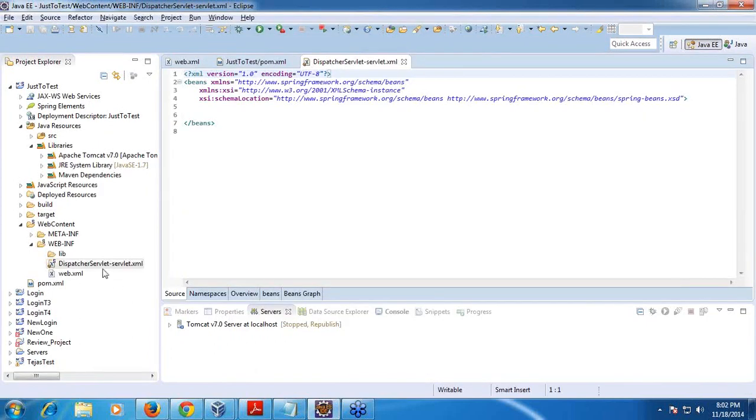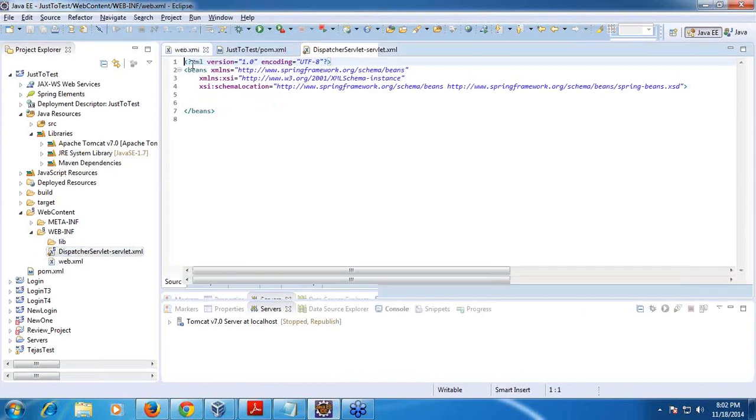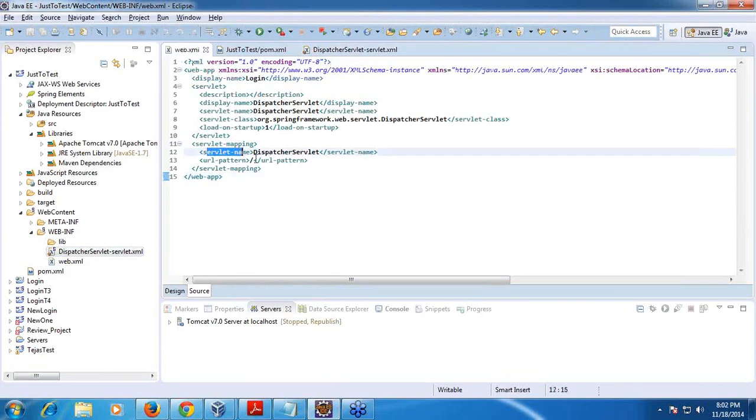One thing keep in mind, you should always give this name, whichever name that you are specifying here. You can actually change this servlet name to whatever you want, based on the application. So for a simple login application, I can say simple login here, and then I need to map that same name here to call this servlet.